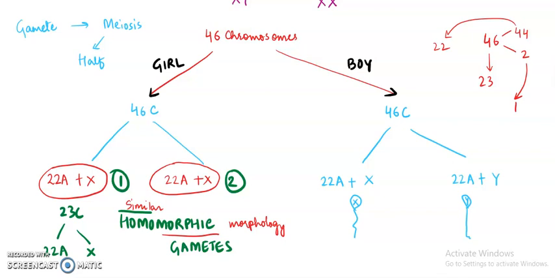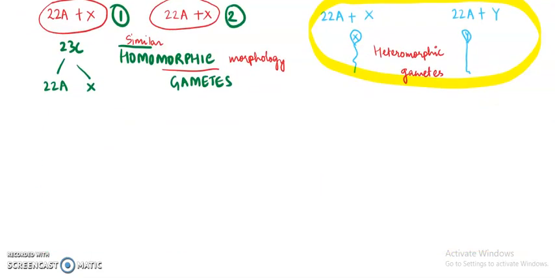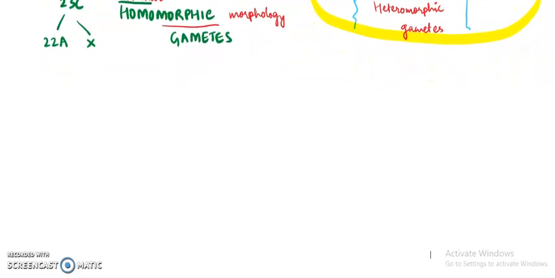So here you can observe that both the gametes being formed in the male are heteromorphic in nature. Means these are heteromorphic gametes, which are dissimilar to each other, because one is carrying the X chromosome and another is carrying the Y chromosome. Now we have seen which gametes are being formed in a girl and which gametes are being